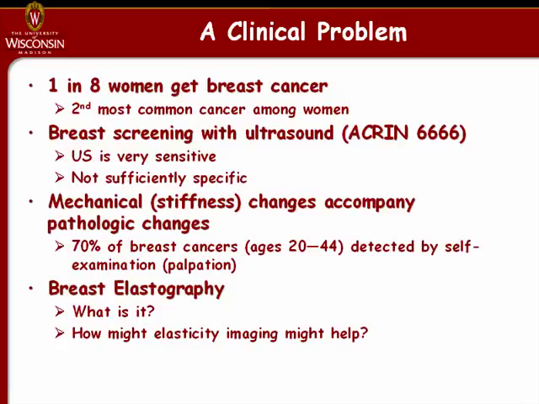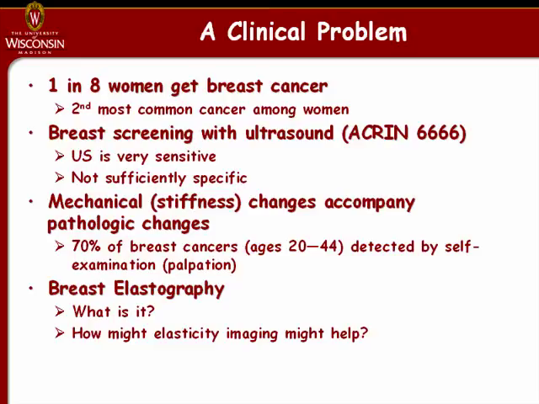The basic problem is breast cancer imaging, screening for breast cancer. We know that there are a large fraction of women that are likely to get breast cancer. It's the second most common cancer among women. And we know also from the breast cancer screening trial, the Akron trial, that preliminary results suggest that ultrasound is really quite sensitive to detecting breast abnormalities, but it's not sufficiently specific. So anything that we can do that would improve the specificity of breast ultrasound would improve it as a screening